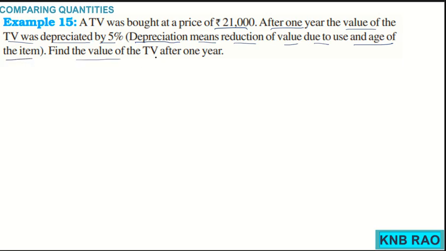Find the value of the TV after 1 year. Here again I am using the formula A equals P into (1, rather than adding, I am subtracting, that is 1 minus R upon 100) raised to the power n,